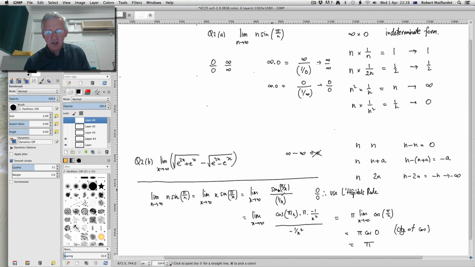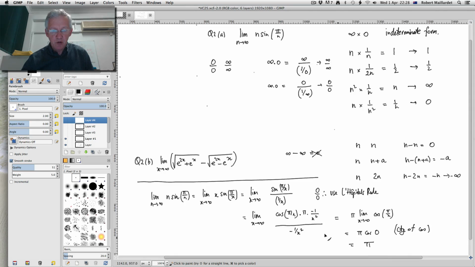I differentiate the sine pi on x, and I get cos pi on x times pi, and then the derivative of the 1 over x. And of course that very neatly cancels out straight away with the derivative of the 1 on x on the bottom, and it just leaves me with this limit here. I use the continuity of cos, and the answer turns out to be pi. Okay,